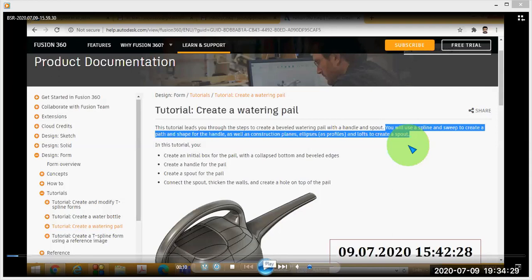Here you will use two commands, spline and sweep, to create the path and shape for the handle, as well as the construction planes, ellipses, profiles and loft to create the spout. So after completing this tutorial,